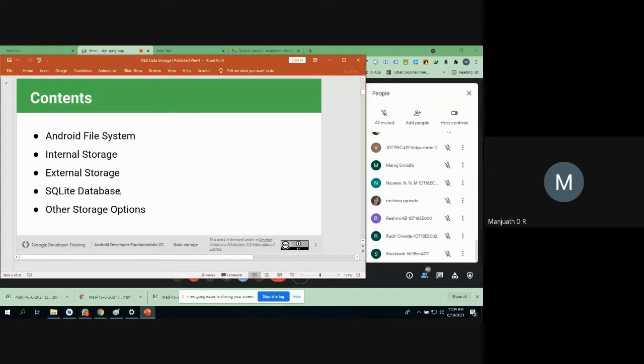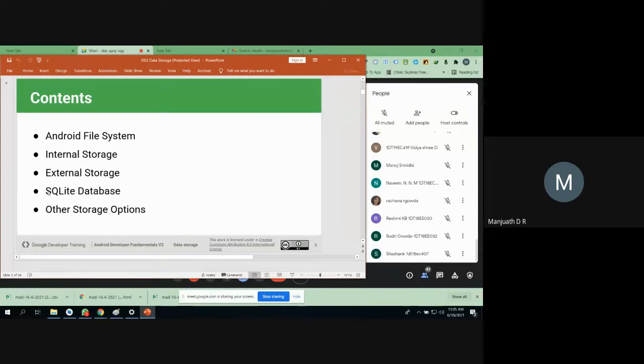And the next thing is, suppose if you want to store your information in the form of structured data, then you are going to use a database. And the DBMS we are going to learn is SQLite in our class. SQLite is similar to MySQL, Oracle, SQL Server, PostgreSQL. The only advantage is that this is a very lightweight DBMS. You need not bother about installing and also maintaining the DBMS. Automatically, it's inbuilt, available in your Android Studio.